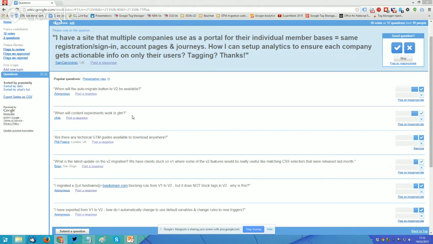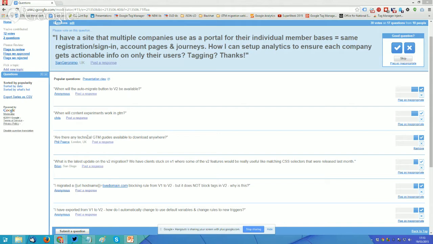Currently, if you search for Google Content Experiments in GTM, there's a guy in Germany that's written a really detailed blog post about how you can do it, but it's really, really complex in terms of how you'd implement that. So I would actually suggest waiting for a native solution, but there's not an answer to that date that I can provide at the moment, because again, it's down to Google's timelines.